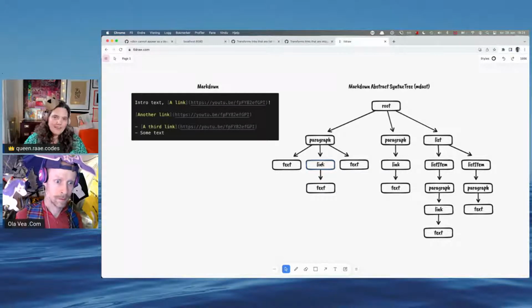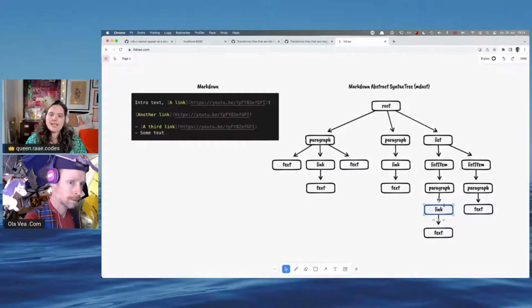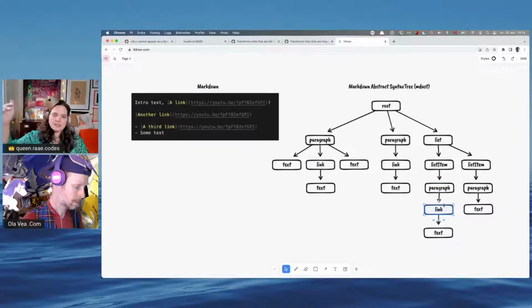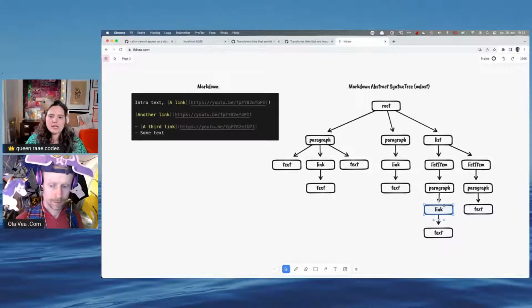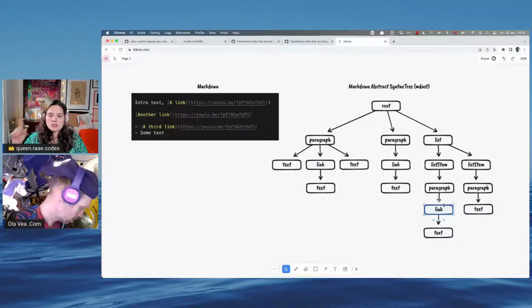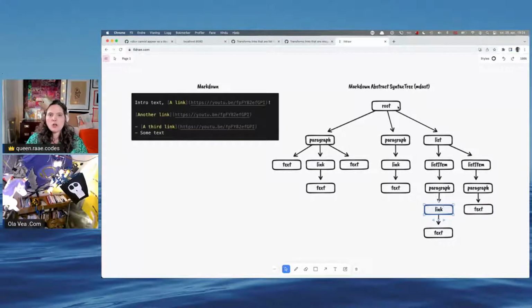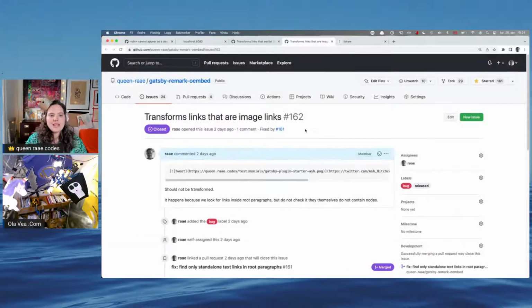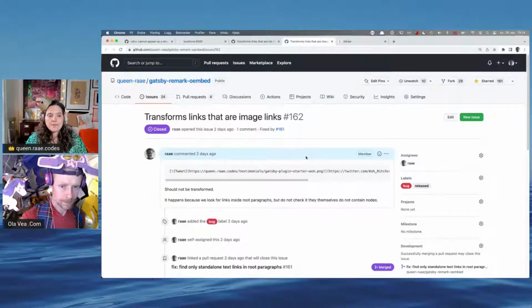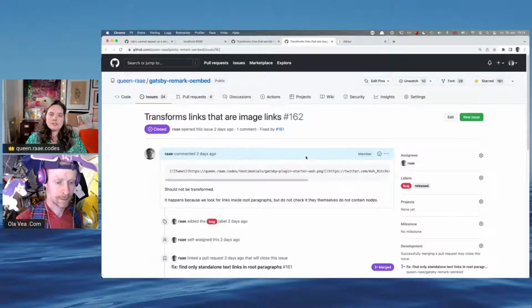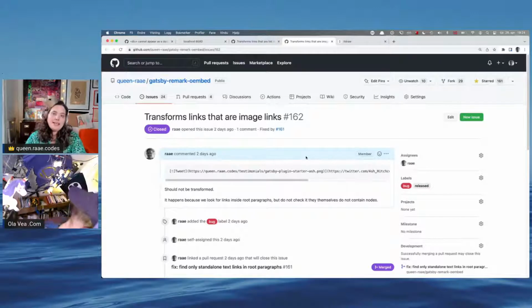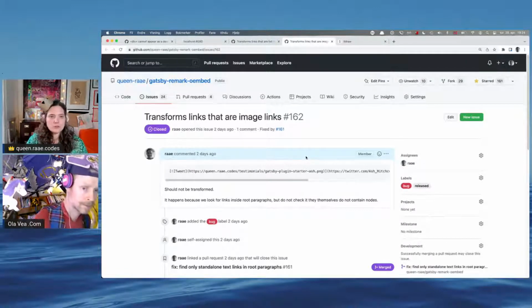And we never had that bug. But I had the bug where this link that is a child of a paragraph, that's a child of a list item, was transformed into its oembed counterpart. So I fixed that bug. There was also a bug where if there was a link around an image, I would remove that image and turn it into its oembed counterpart. There's a use case for that, but I don't want that either. So I fixed those two bugs.